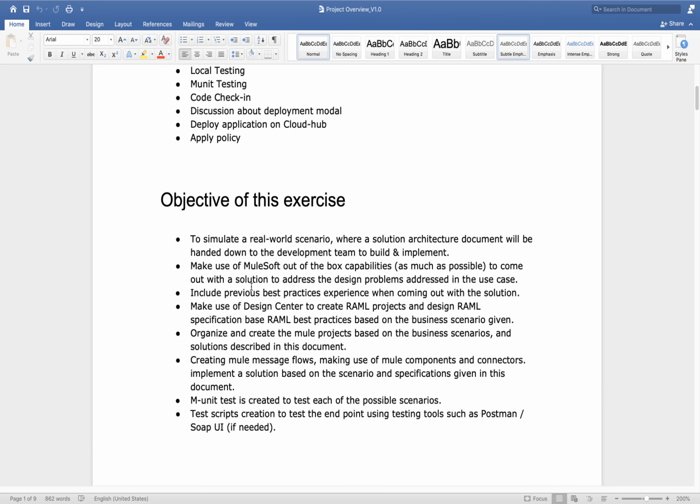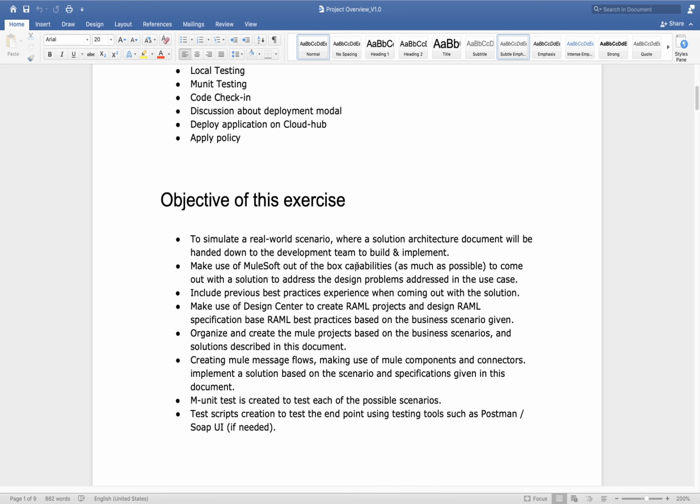Next, make use of MuleSoft out of the box capability. What does it mean? In MuleSoft we have multiple components that do similar kinds of tasks, but depending on the scenario, one MuleSoft component will give better performance and another will not give that much good performance.